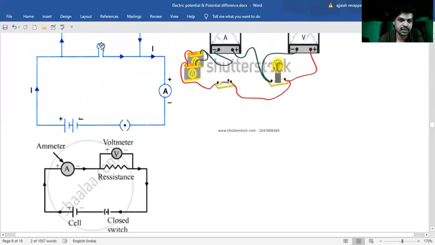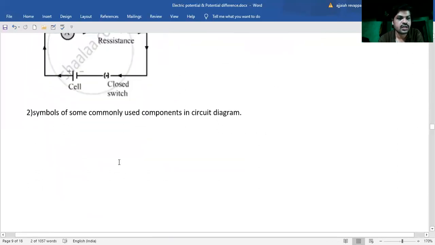The difference is, here a bulb is connected, and here some resistor is connected. See, this is the symbol of a resistor. Even the filament of the bulb has some resistance. Fine. There is no difference between these two. Next